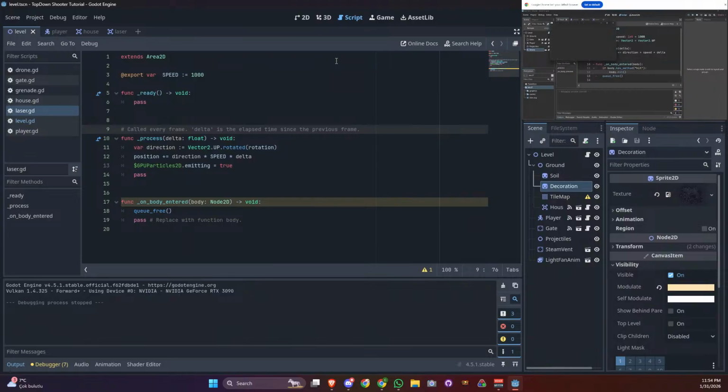And now, if I run all of this again, I can shoot at a drone. It is still working just fine. But if I shoot at anything else, we are not getting an error anymore. And that is because this if statement is not triggering, which is basically covering the other aspect of the assignment. So now we can trigger a function if we